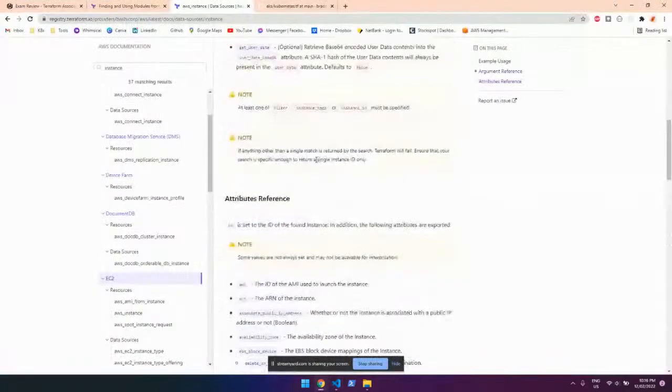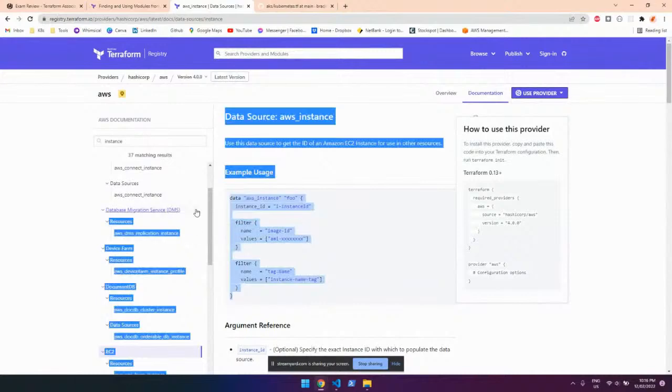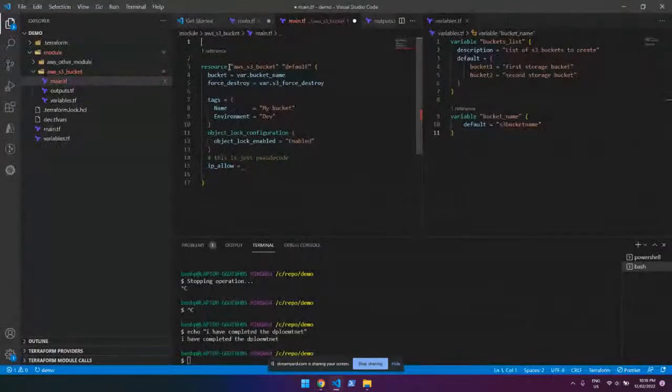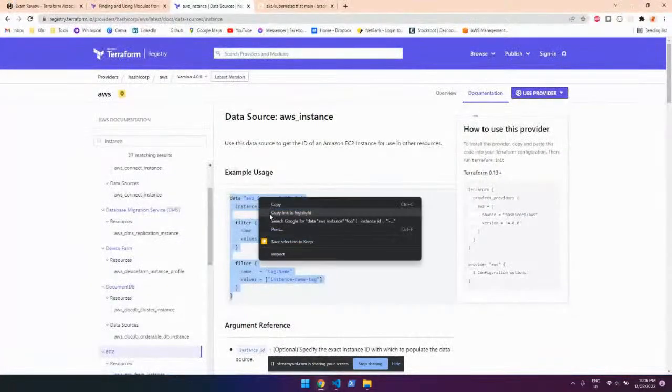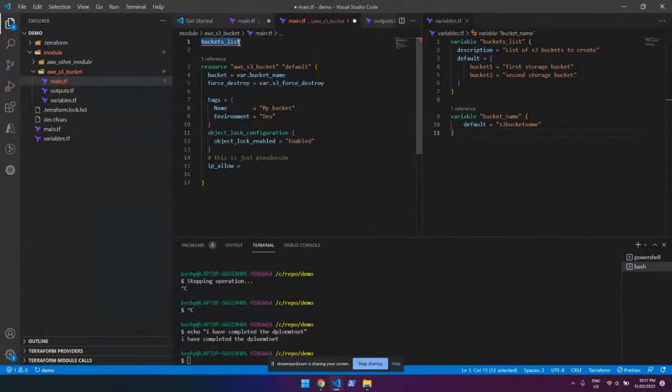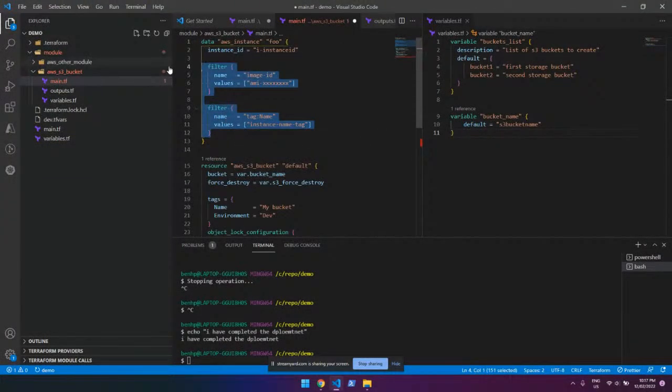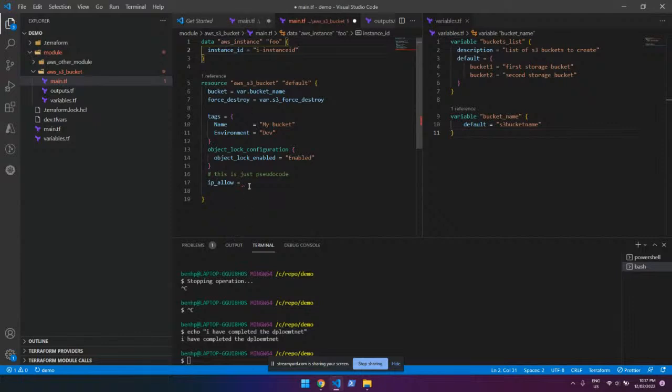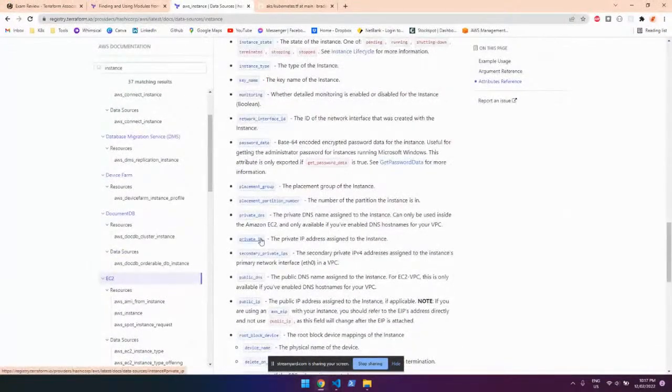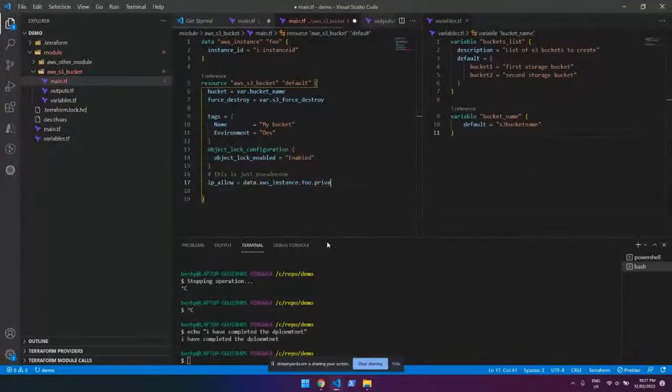In this case, I'm just going to roughly copy some of these things. Okay, so as an example, this IP allow is data.aws_instance.foo.private_ip. So this is an example of how, if I want to get the IP address of that particular AWS instance,